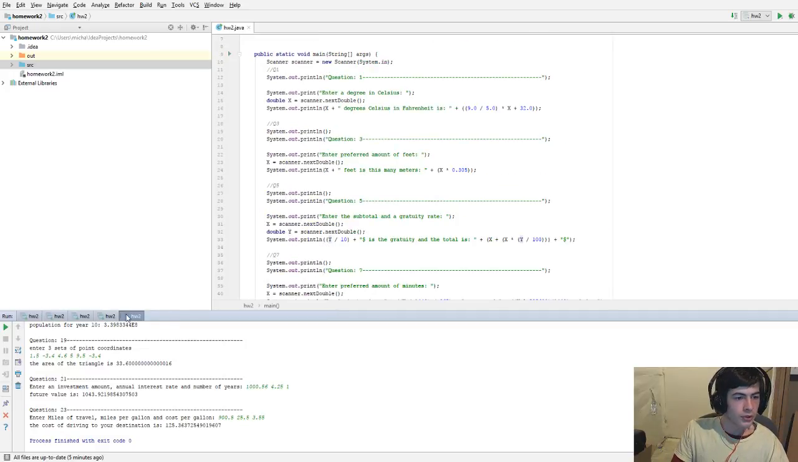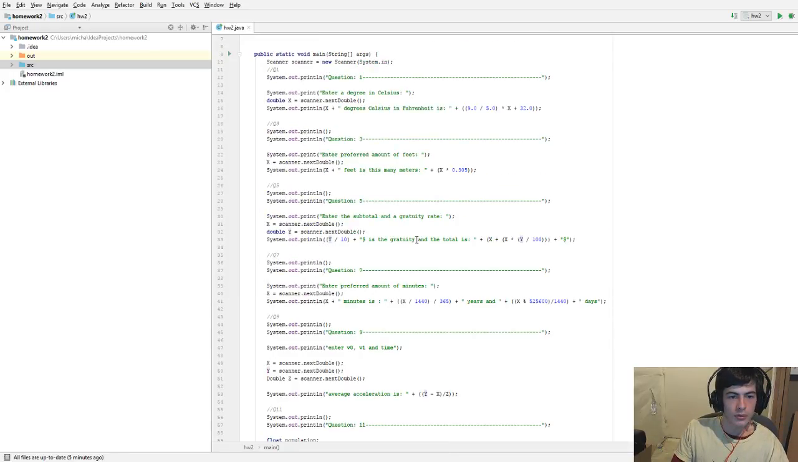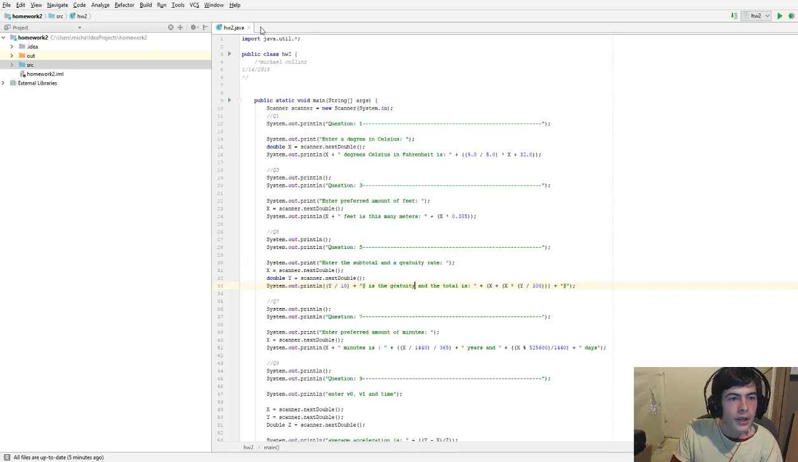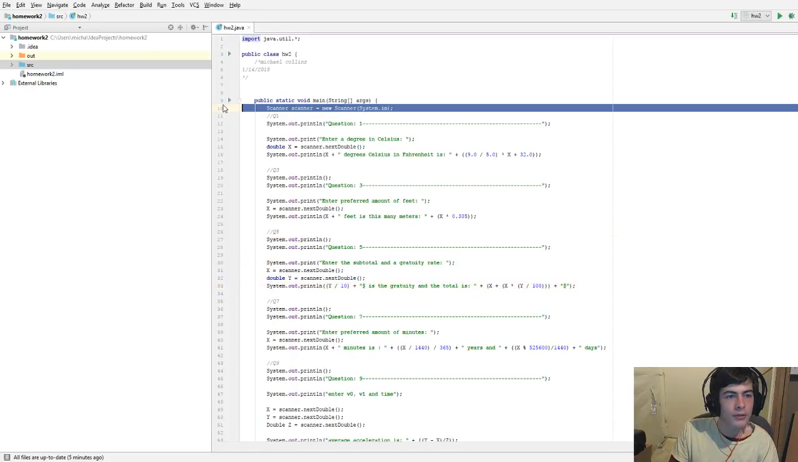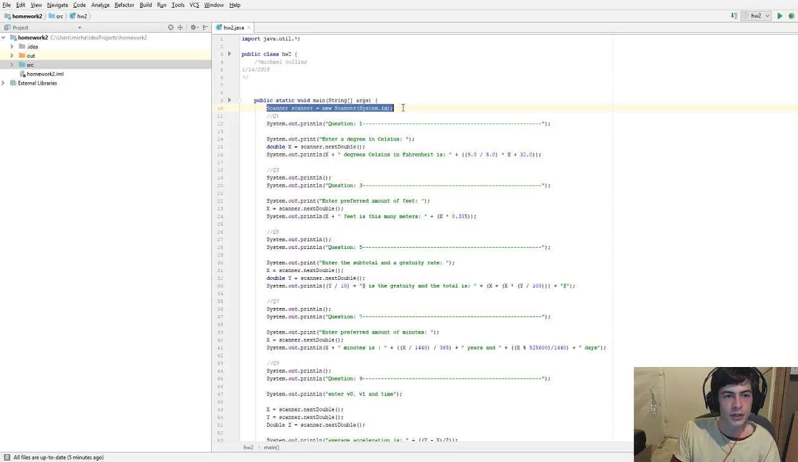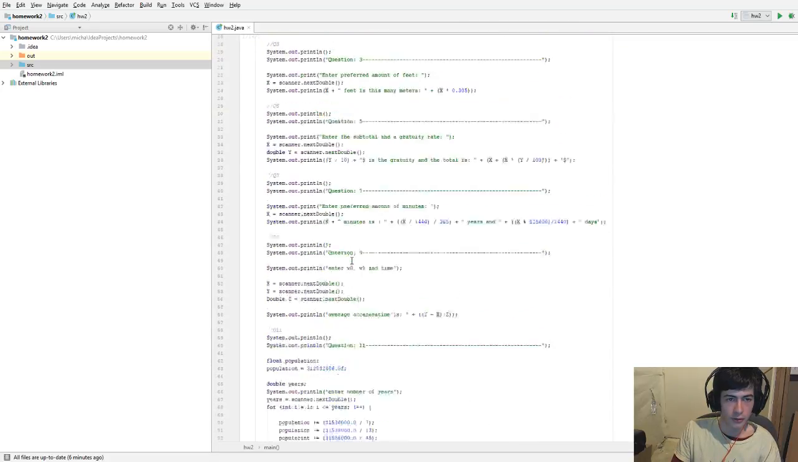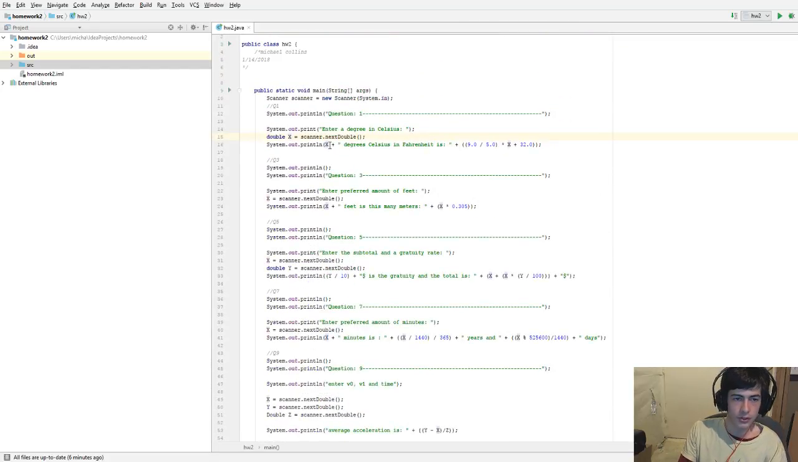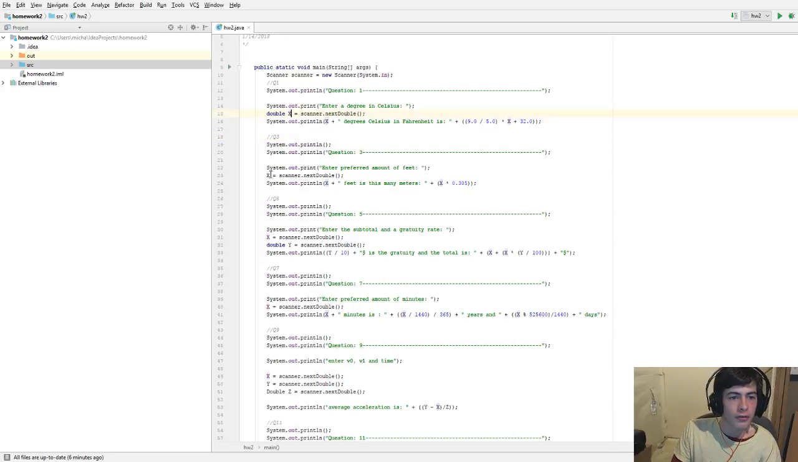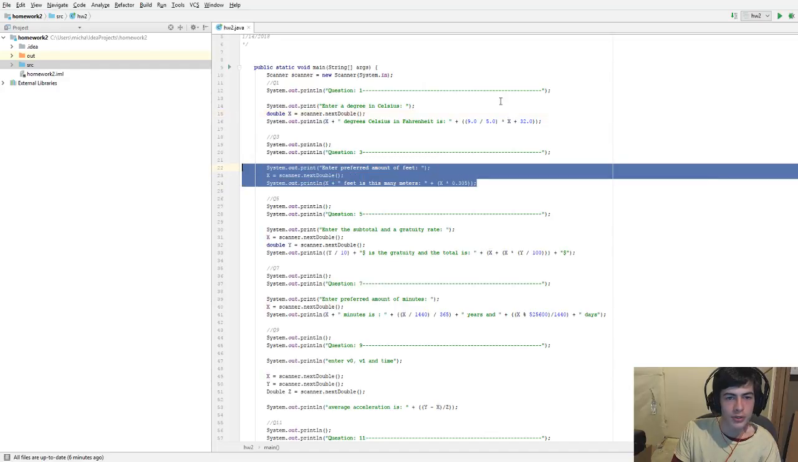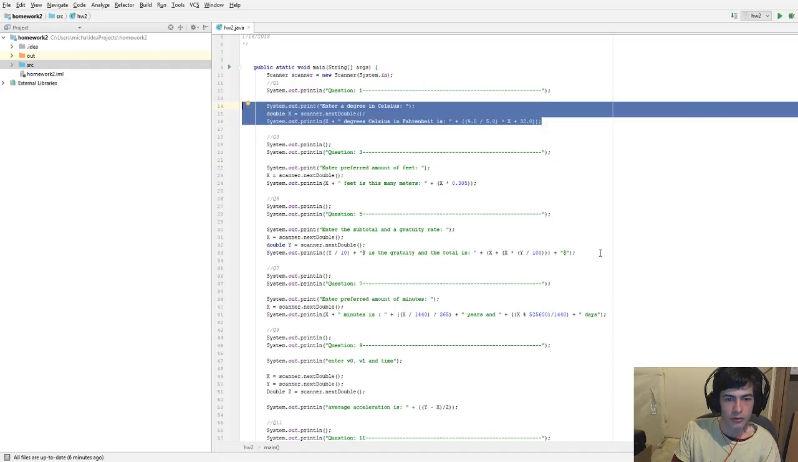Now, if we just want to do a small walkthrough of it, we have the import up here, we have the scanner being defined locally to the main method. Then we set up our x variable, our x double, which is used quite a lot throughout here, reassigning rather than just creating new variables in every single problem. Then we have pretty much the same, just using the formulas from the book right around here,